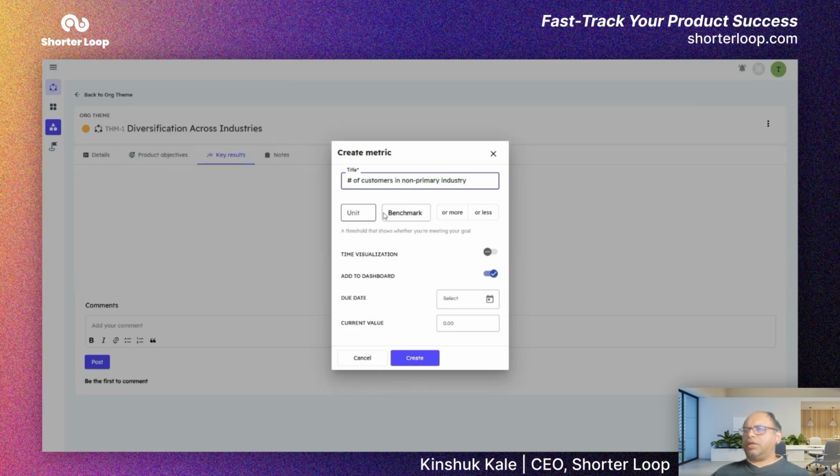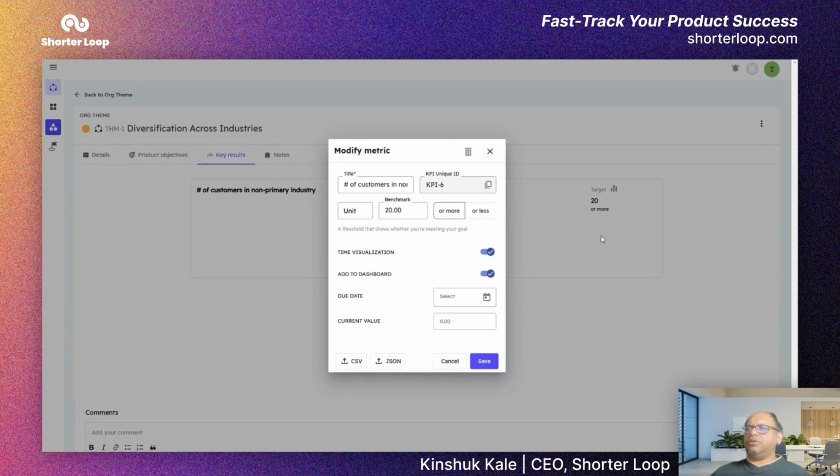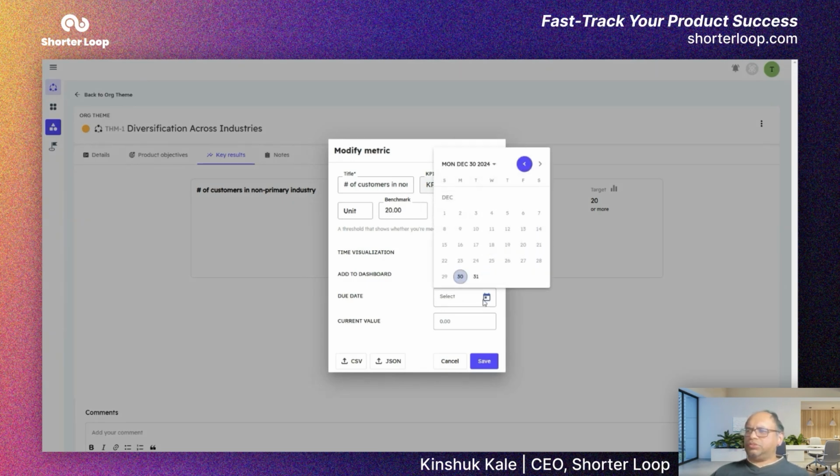And let's say we want to have a minimum of 20 customers like that or more, and you can measure that over a period of time, and you can create this metric, and then anyone who comes to this screen can start tracking this. And you can also say we want to have this by the end of the year, let's say,